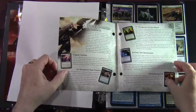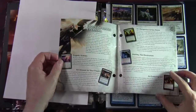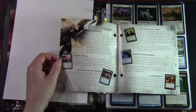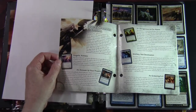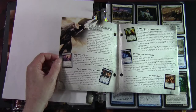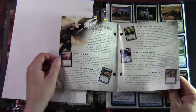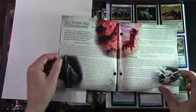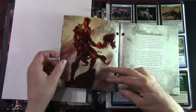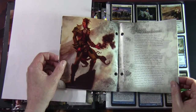Okay, so typically with all of these, Player's Guide and Encyclopedia, you get a bit of backstory, and this is something that's improved over time, where there are certain indicator cards, if you like, which tie in with the story of the block. So there'll be certain cards that crop up in the set which have strong ties to the storyline. So here's our story about Avacyn and Griselbrand, and then obviously we've got some planeswalkers in the set, as is a thing in Magic sets